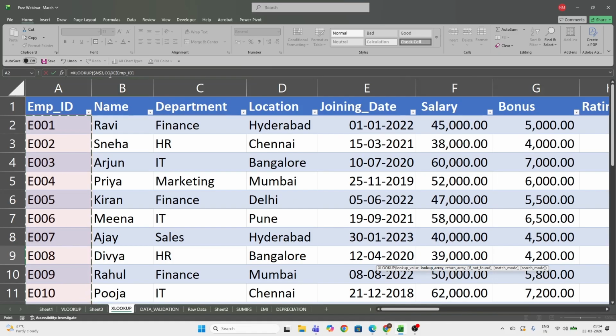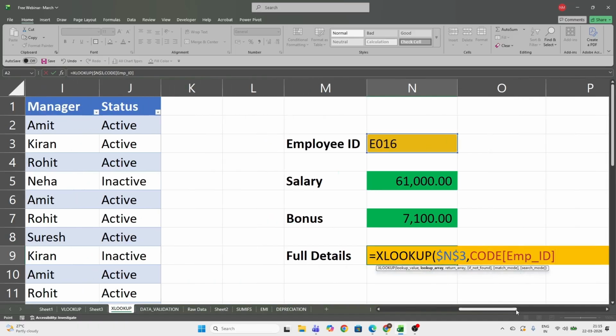And can you see what it got into? It doesn't say from A2 to A something. It says code bracket EMP ID, which represents a column in the table, right? Comma,